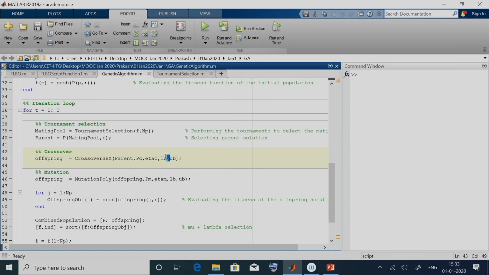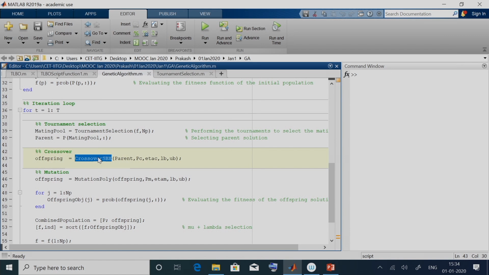There is no guarantee that the solutions generated by the SBX crossover operator will be within the bounds. If they are out of bounds, we will have to bound them. So to do this, we pass the lower bound and upper bound, and what we expect is the offspring from the crossover operator. Let us look into this crossover SBX.